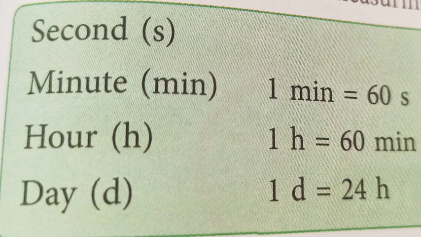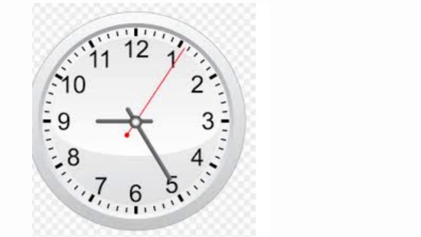Let's get started. As you can see in the picture, there are 60 marks on the face of the clock. And you can also notice on this face, numbers are written 1, 2, 3, 4. How many numbers? 12 numbers are written. So what is the purpose of these numbers? These numbers show a duration of 5 minutes. You can notice between each two numbers, you will get 5 marks. So 1 mark is equal to 1 minute.